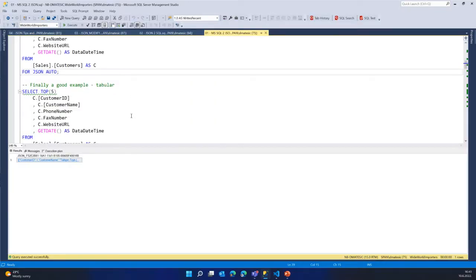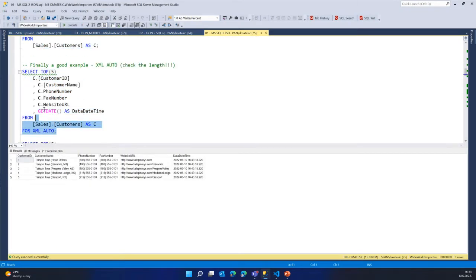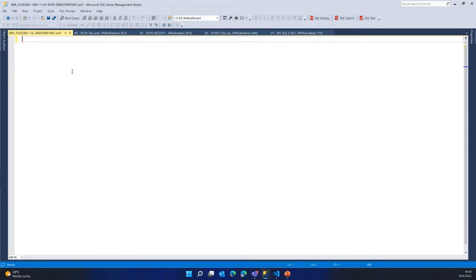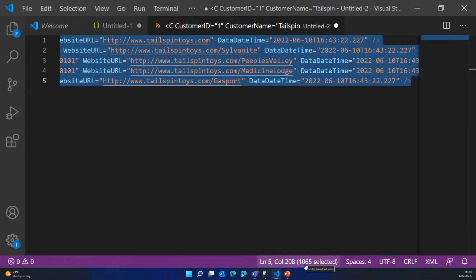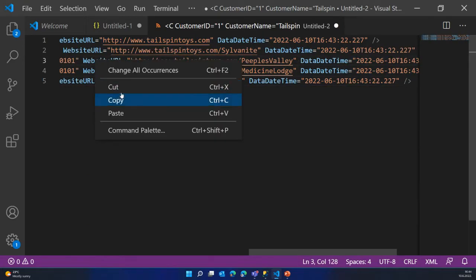Okay. Let's return to Visual Studio. Okay, this is the tabular result, but now we will try to compare it with XML, of course. So actually, I told you that the JSON output is smaller than XML, but if we actually look here, we have 1065 characters. And in JSON, we have, okay, a little more. I didn't lie to you. So the JSON is bigger right now than XML,